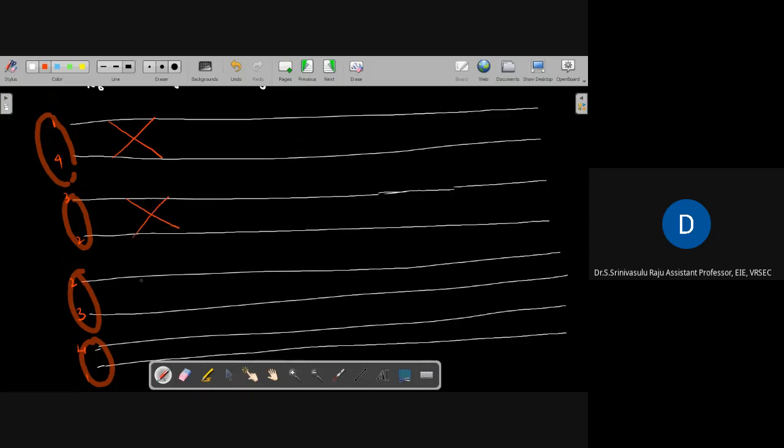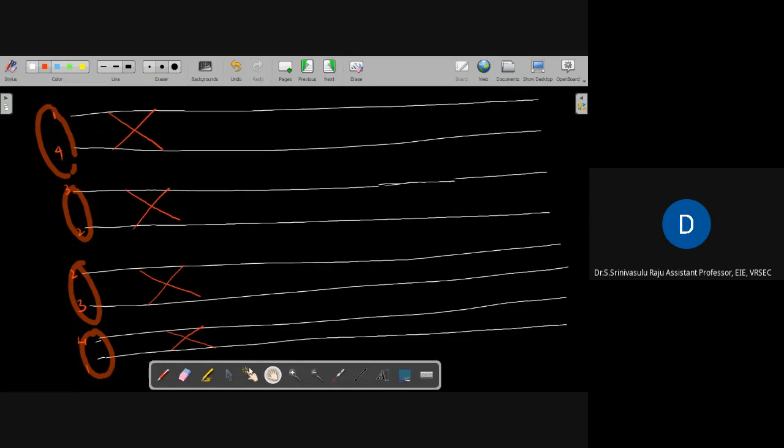Is it clear? First we divide into 4 blocks, and each block will have 2 points. After that we draw the butterfly diagram like this. Now which one is odd? The second element is odd. The odd element should be multiplied with W8 of 0. Here why are we using 8? Because the sequence length N is 8, and the index is 0. So the odd element should be multiplied with W8 of 0. We know the values, and I am passing the same values here.